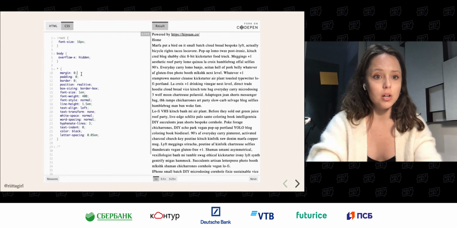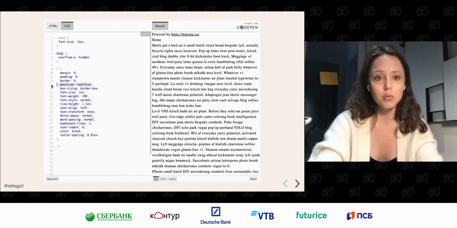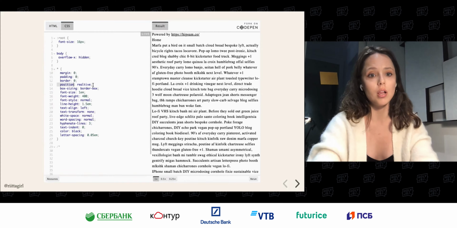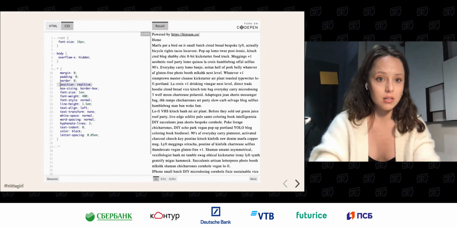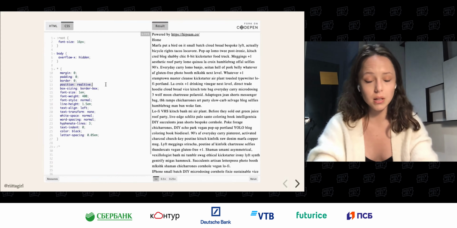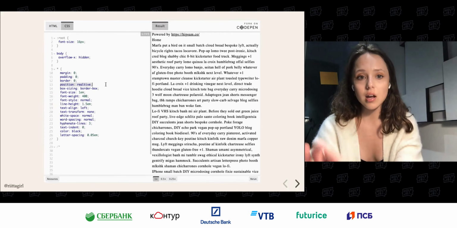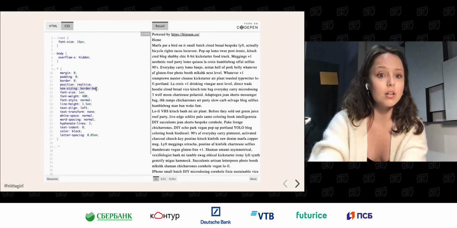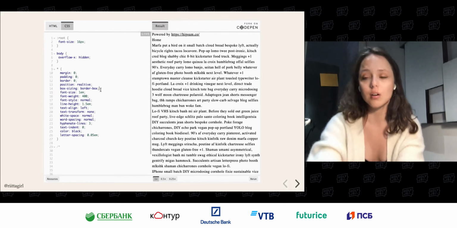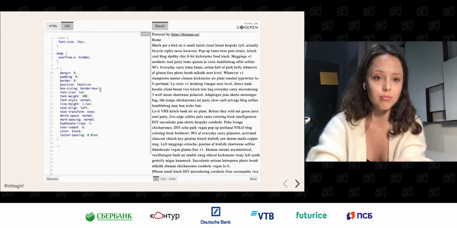There is going to be margin 0, padding 0, border 0. The position of everything is by default relative, which is very important when it comes to z-index. If position is not explicitly specified, z-index might be tricky to master. So that one. Box sizing to border-box to make sure that neither extra margins or paddings are affecting the